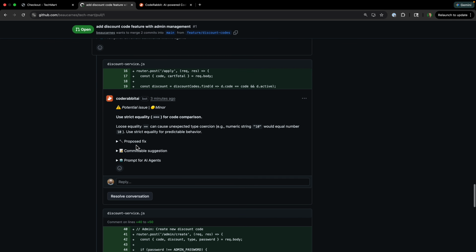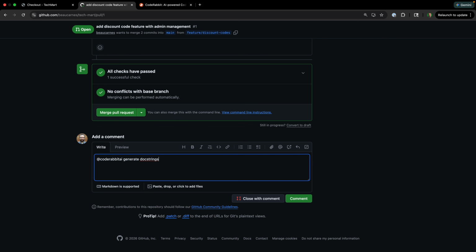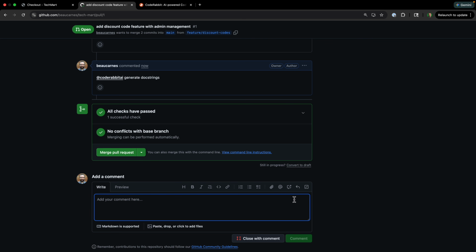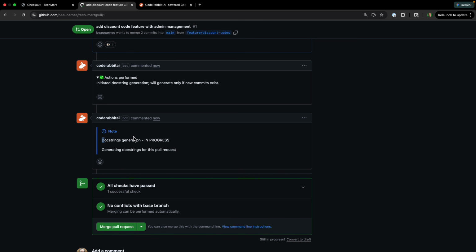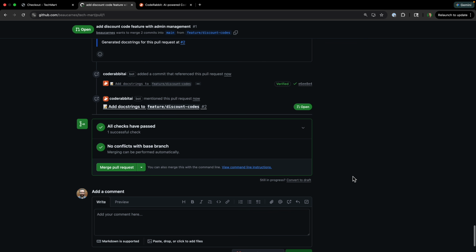We also could do @coderabbitai resolve to mark comments resolved, and we can do @coderabbitai generate docstrings, and this is going to add documentation. It's basically going to generate documentation for the discount functions. And we can see now it says docstring generation in progress. So you can see it added a commit that references the pull request, and then also basically it's creating a new